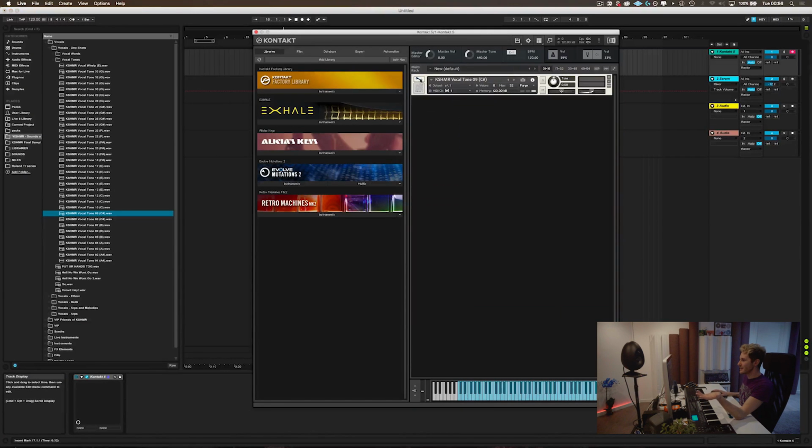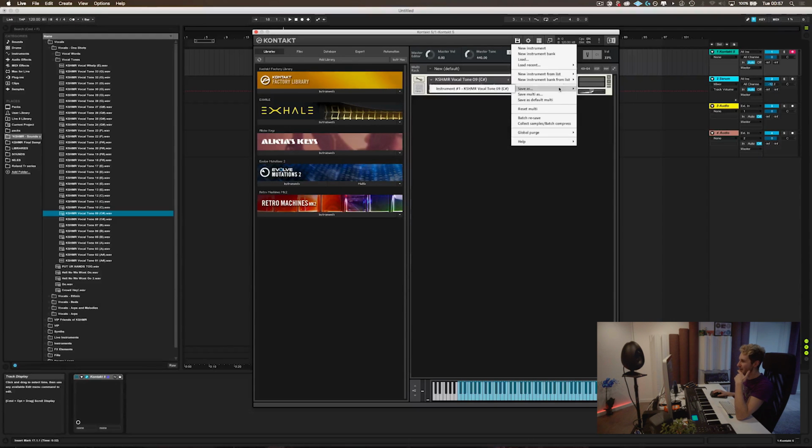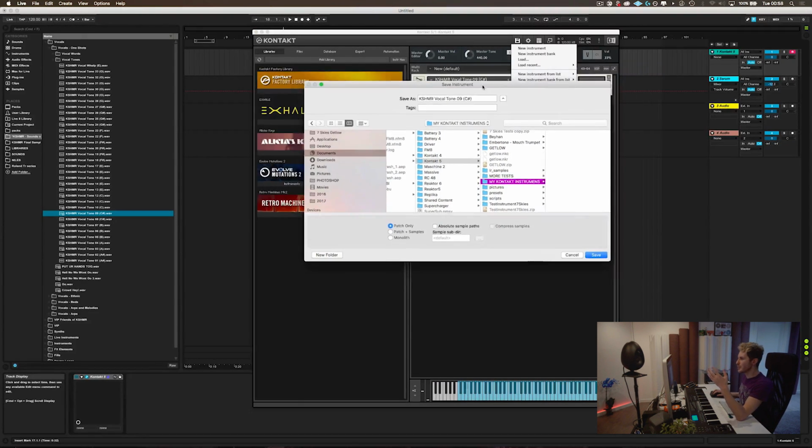Now that we are done with our sound and we are going to use it in our project, we might want to use it in a different project. How do we save it? The saving function in Kontakt is once again not the best because there is no save. There's only save as, and that sometimes gets a little bit confusing, but save as is what you want to select in this case. And it will bring up this